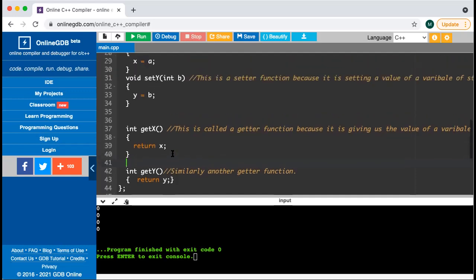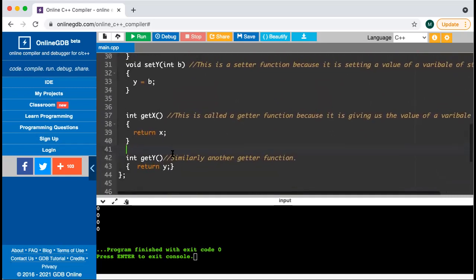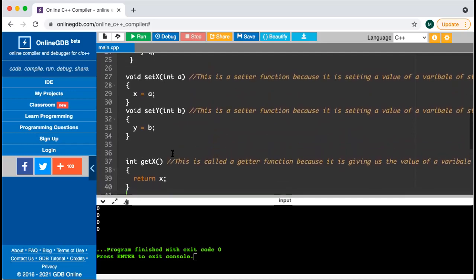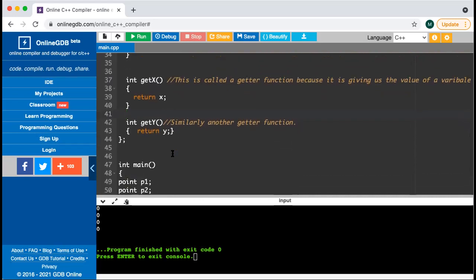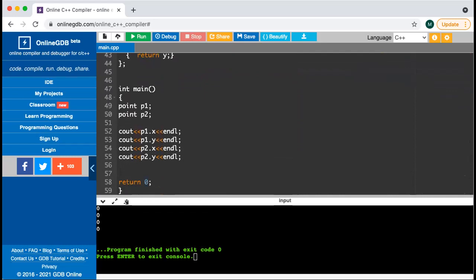Okay. So I hope the difference between the use of the setter functions and the getter functions is clear. Setters are those functions that set the value of the variables that are part of the struct, and getters are those that return the value of the variables that are part of the struct. Okay. The same concepts are used for advanced concepts that we'll be learning in future. So let's move on to the program again, and let's use these setters and getters